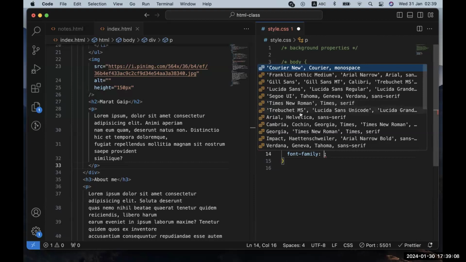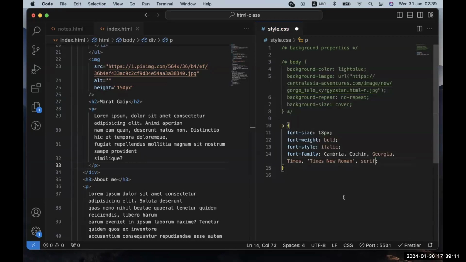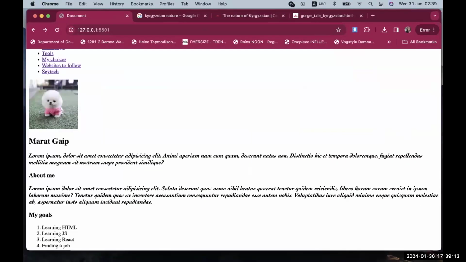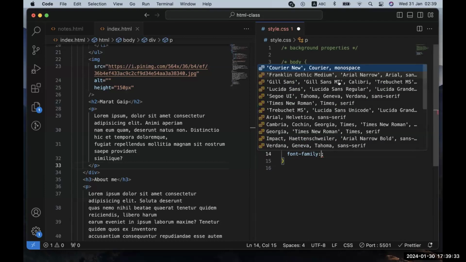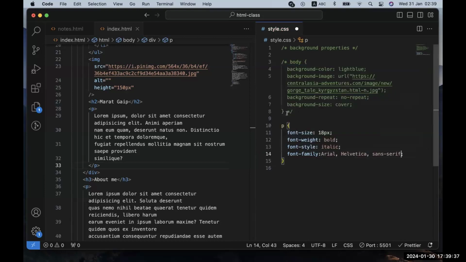So for example, Cambria. Okay, it looks pretty. So in here you have multiple options. Why we have multiple options is because if one of them doesn't work, so you see how font family gives you 2-3 options, right? So for example, if I choose Arial, Helvetica, and sans-serif. So what will happen is in case